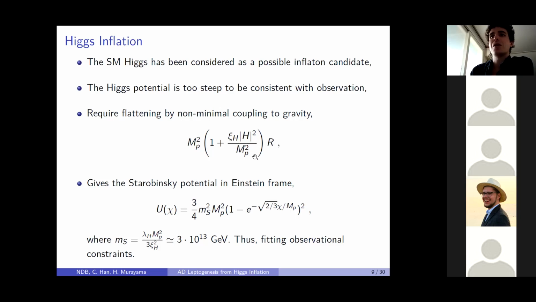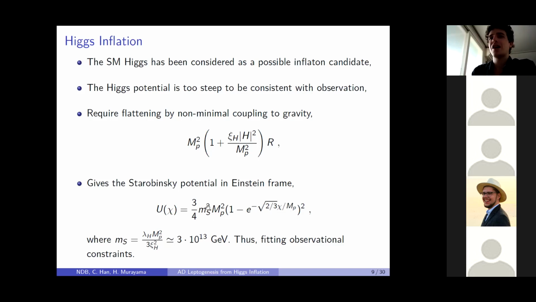And so this is considered a Jordan frame and Einstein frame. There's some discussion about the consistency of transferring between these two. But in any case, this is the Jordan frame potential, where you would have the usual standard model potential. It's not flat enough, but when you go to the usual Einstein frame, the conformal transformation leads to this so-called Starobinsky-like potential here. And as you can see, for large values of chi, which is an Einstein frame representation of the Higgs boson, this is effectively flat.